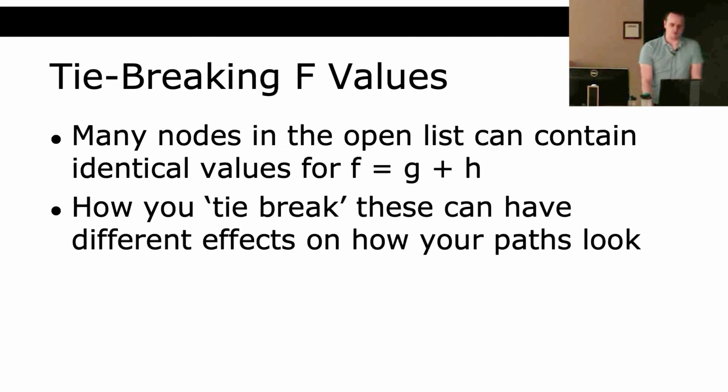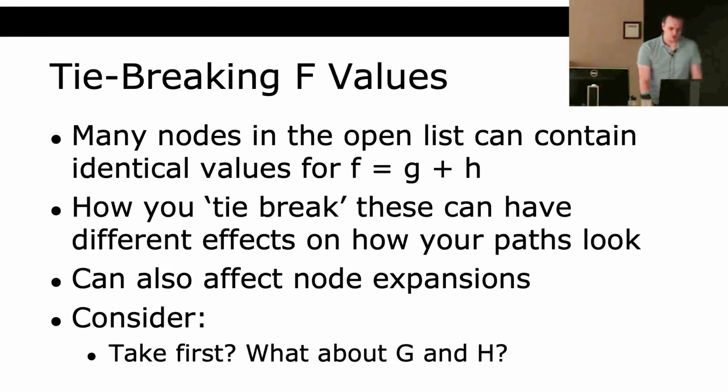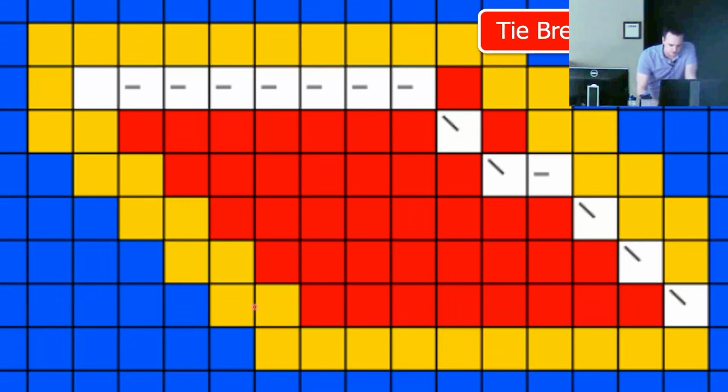How you tie break those can affect how your path looks and the running time of your algorithm. It can also affect the number of node expansions. So if I just take a random f value, then my path can look like this. It'll still be optimal, but however that binary heap added stuff to it, it's kind of random. I'm essentially taking a random node with the minimum f value. But it turns out that if you tie break with min g, you'll be expanding all the nodes in this